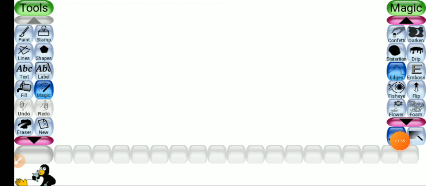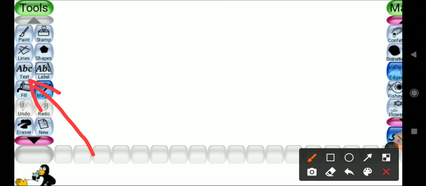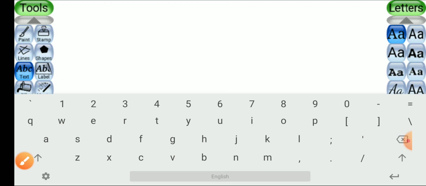now second tool is drip effect. For that tool we will take a new page, click on text tool, this is text tool, click here, write. I am writing Tux Paint, you can write anything, Tux Paint, done.